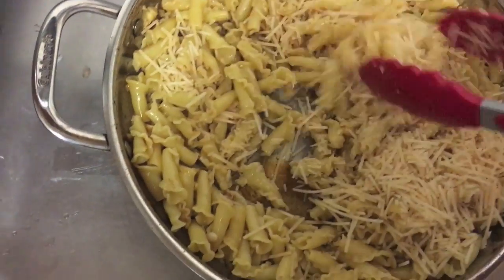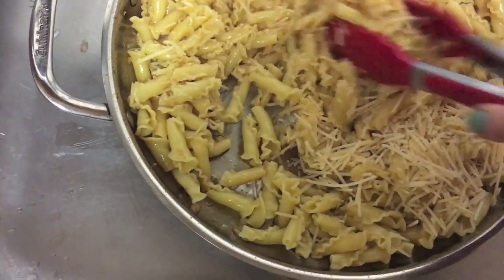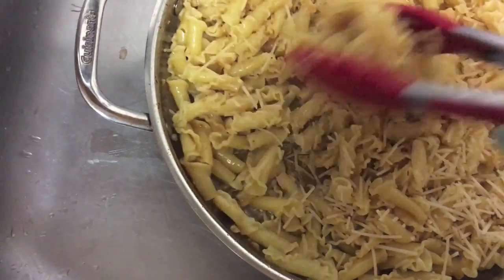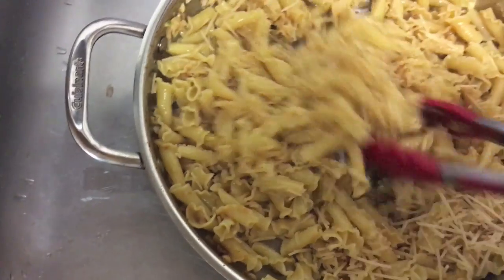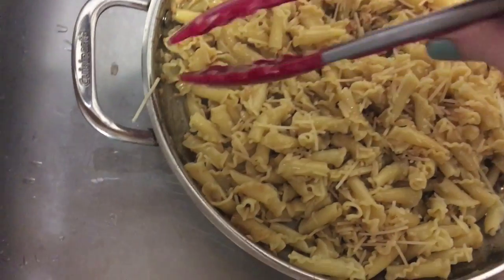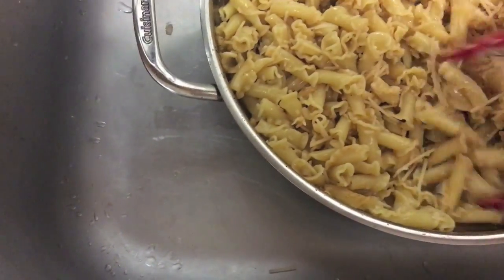I'm sort of in a rush, so I had nowhere to put this hot pan. I laid it right in the sink. It said to remove the skillet from the heat after you add the drained pasta to the pan that you cooked the chicken in. I added the garlic butter and olive oil to the pan and sauteed that for about a minute. Then I added the drained pasta and then I sprinkled Parmesan. I didn't even measure the Parmesan because really, who cares? So I'm just tossing it to coat,